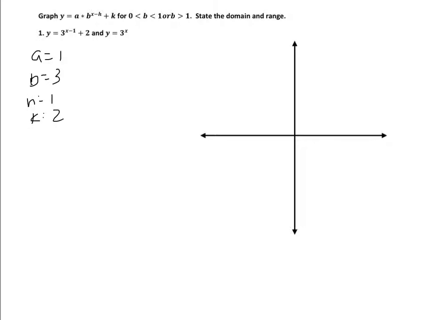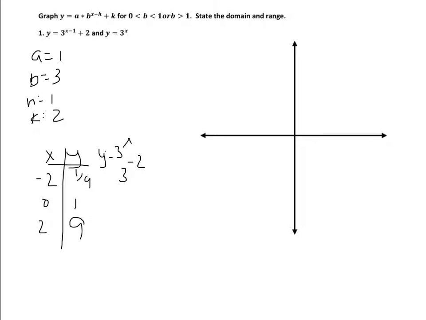So if I start by graphing this, let's say I do negative 2, 0, and 2, and that's for y equals 3 to the x. I get 3 to the negative 2, which would be 1/9. 3 to the 0, which is 1. 3 squared, which is 9. Okay? So if I go to graph those,